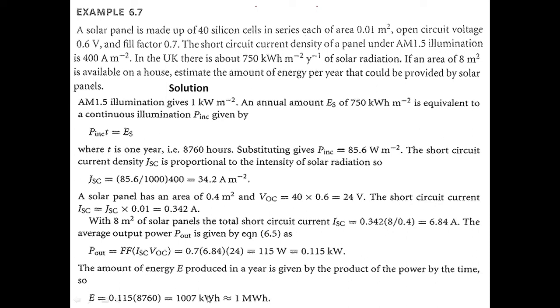Because watts is again joules per second, which you can take as joules per hour, and the second and hour will cancel each other. So this is a unit of energy. So you are producing about 1 megawatt hour of energy in a year. So this is how it has been calculated. If you are not able to understand, let me know. We'll solve this problem again during our online sessions.